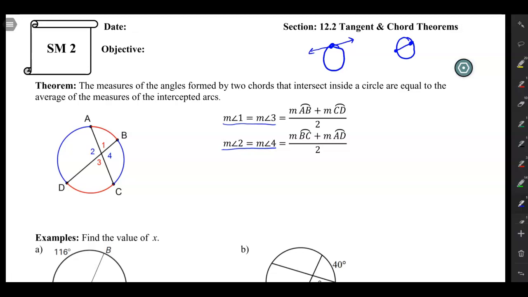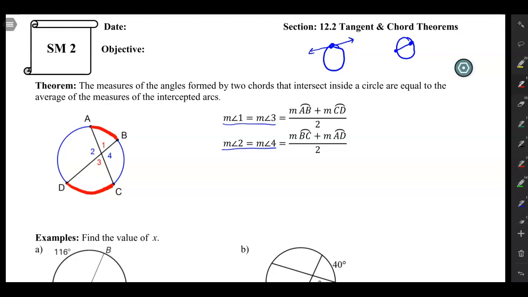So let's just look at angles 1 and 2. What I need to look at is the intercepted arcs. So I have these nice, let me do them in a thicker red, these nice intercepted arcs AB and DC. And remember that we measure our arcs in degrees. So what this theorem says is that if you take the average of those two degrees, those two arc